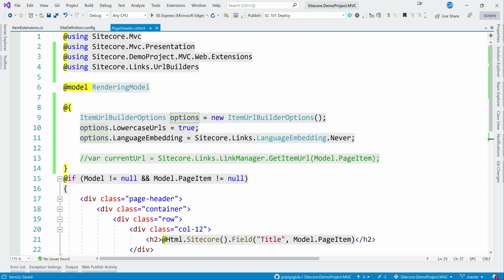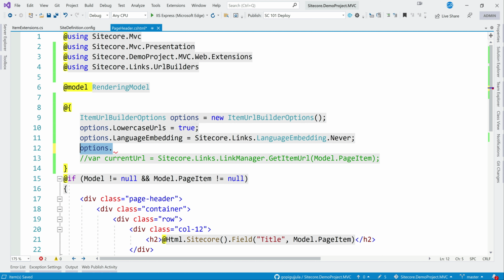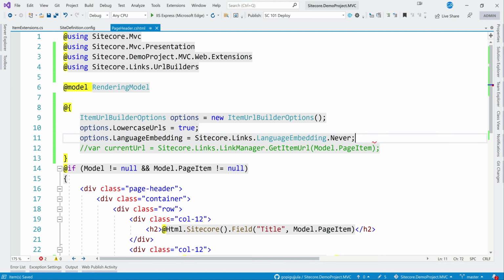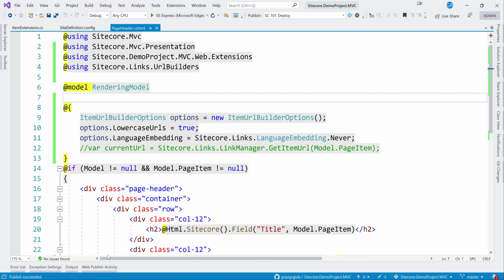In this way we can have a lot of options. The rest will all be used from default, but you will be able to send a lot of these: lowercase, shorten URL, site resolving, all these things. So for this, let's just use these two options, and let me publish this, and let's reload.